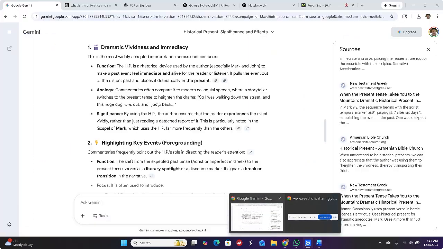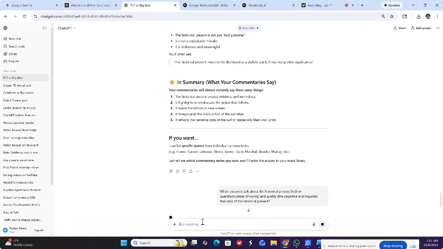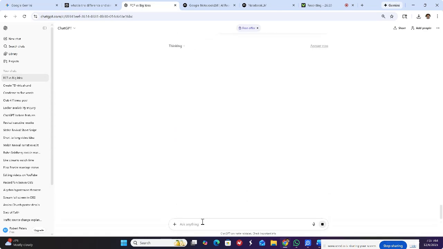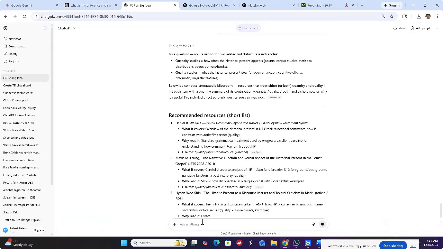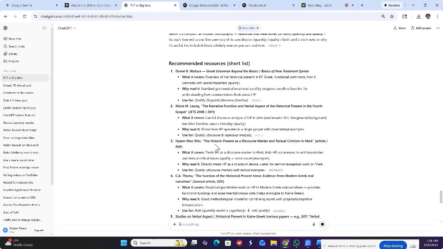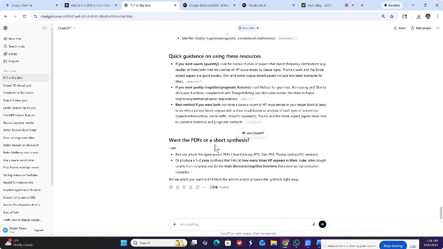If I was to ask this question in something like ChatGPT, and I think that we have a good understanding of what ChatGPT does when it comes to research, it's not going to bring up a lot of great information. So it does give me a recommended list. This is in a PDF, a journal article in 2001. And then it's asking me, do I want